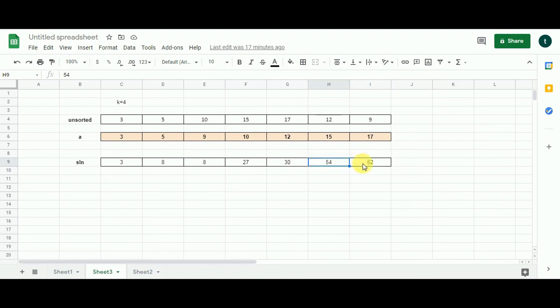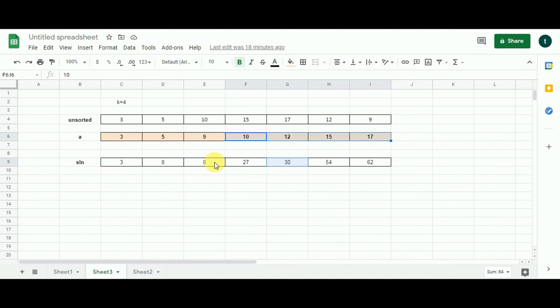62 is not equal to 54, the value of the cell before its own cell. This means a portion of 62 is made of the corresponding integer of the problem array and the integer in the cell before it. So 15 and 17 form the first pair. Now their sum must have been added to the value of the cell that is the third cell from the end. So if the last cell is indexed I, we jump to the cell indexed by I minus 2. Here we have 30, which is not equal to this 27. That means a portion of it is made of the corresponding integer of the problem array and the integer in the cell before it. This gives us our second pair.